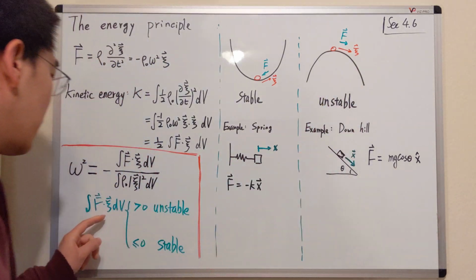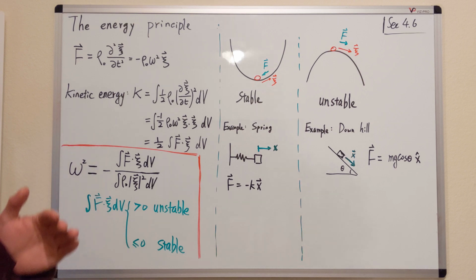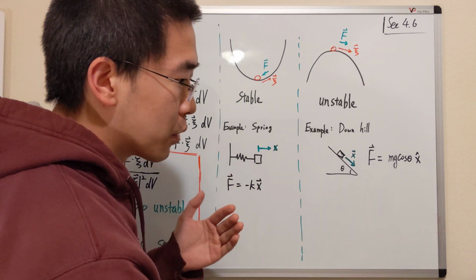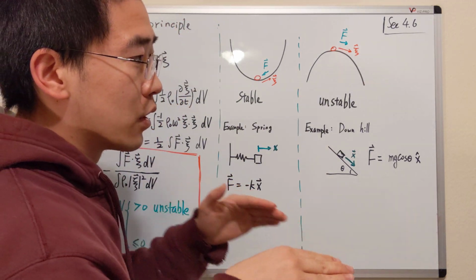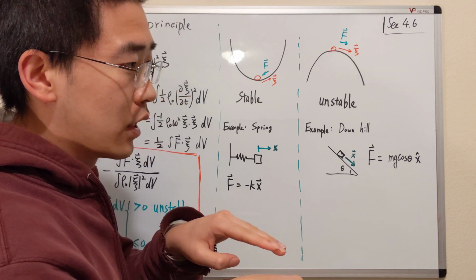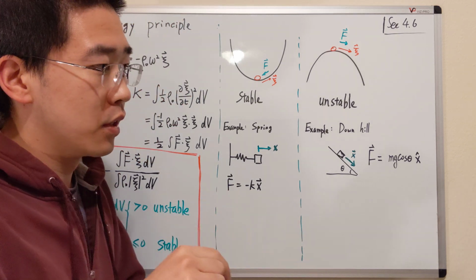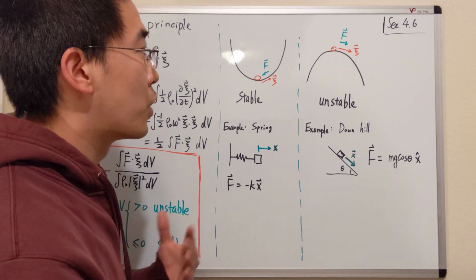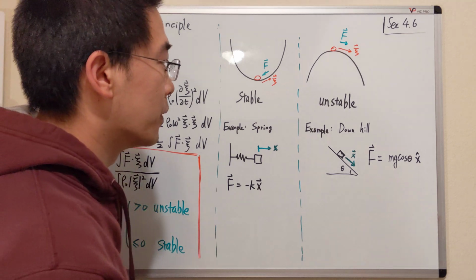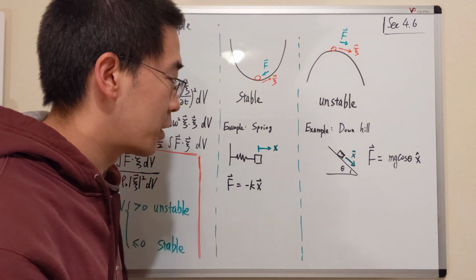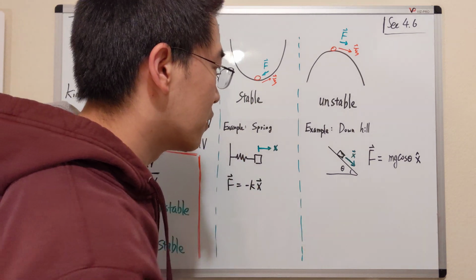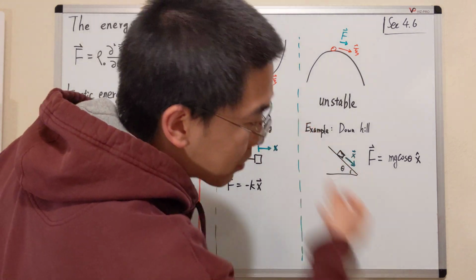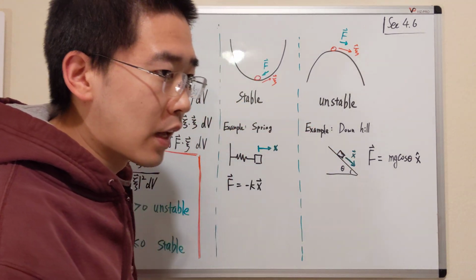On the other hand, if F and ξ are in the same direction, so if you nudge it out of the equilibrium a little bit, then the force is in the same direction as the displacement, which means it will encourage it to move forward even more. Then that will drive this system unstable. One example, which might not be appropriate but is the simplest thing I can think of, is a downhill. It just keeps going down, and